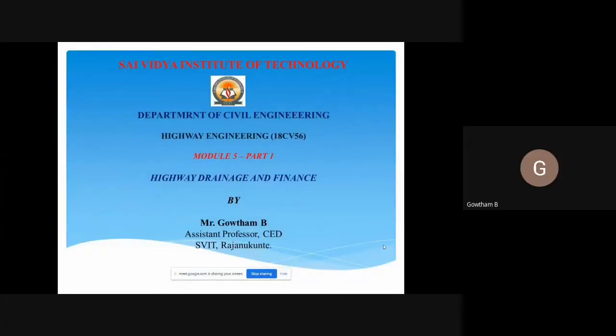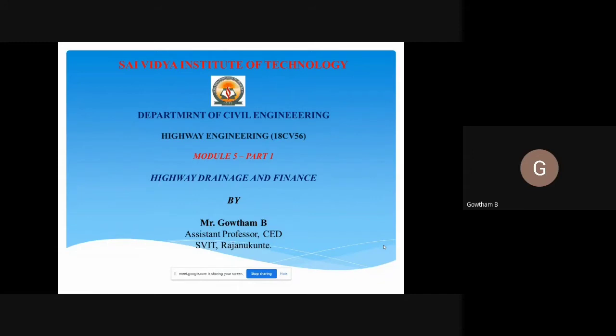Hello everyone. In this presentation, I am going to cover the design of a longitudinal drain of a highway drainage system, which is included in the subject Highway Engineering under Module 5. Highway drainage is an important component in highway construction. The objective of providing highway drainage is to drain off rainwater as early as possible from the road